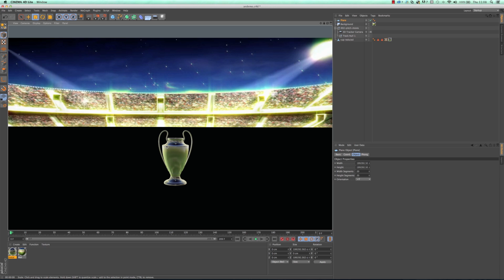So what we then need to do from this point is create a light. So we need some sort of light to cast shadows, and you can have as many lights as you want, and the lights are accessed here. There's different lights. I'm just going to use for speed an ordinary light.